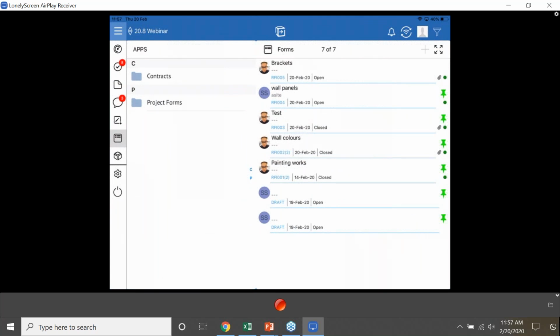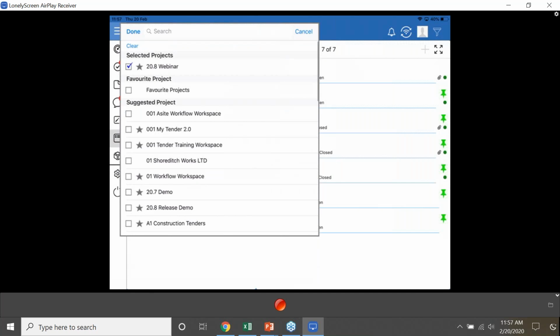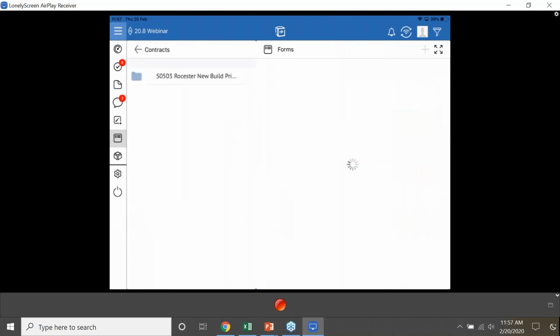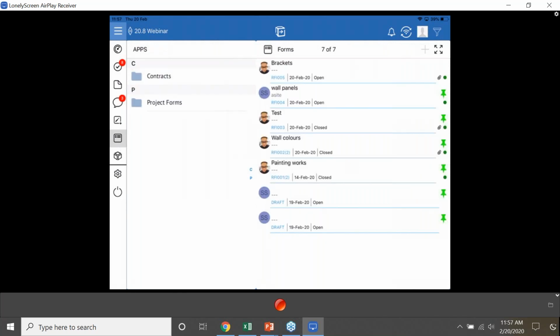So if I just go in, I'm just going to select the form that you can see at the top. I have the ability to select the project. As you can see, these are the different projects I have access to. I'm just going to hit done. I have my forms appear over here. If I go into contracts, there is no form at the moment. But if I go to project forms, I have the ability to see